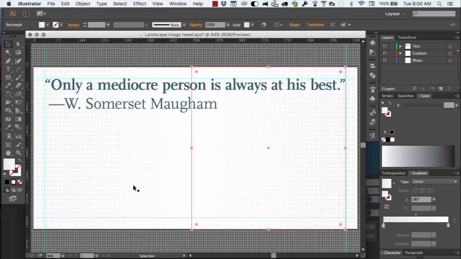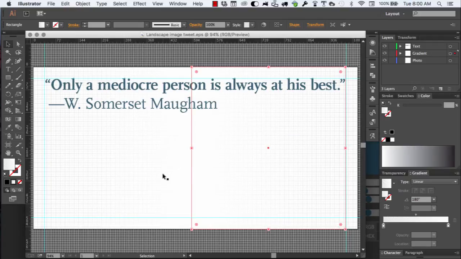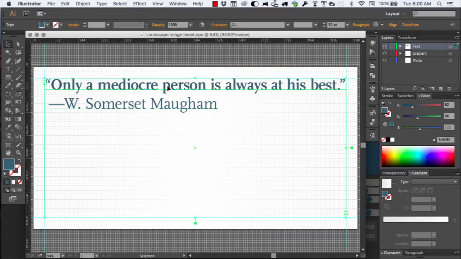So now I have two gradients going in opposite directions. You can have your gradients going whichever way you like. It just depends on how big your quote is, how busy your image is, depending on where your gradient goes. But the purpose of the gradient is to provide an area on the image that is less busy, gets rid of some visual noise so that it's easier to read the quote, and also it draws attention to the quote